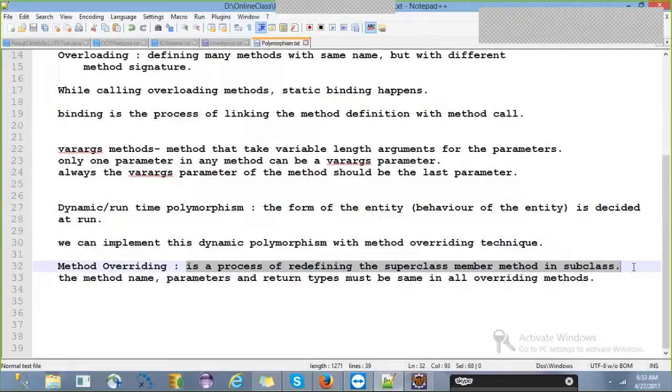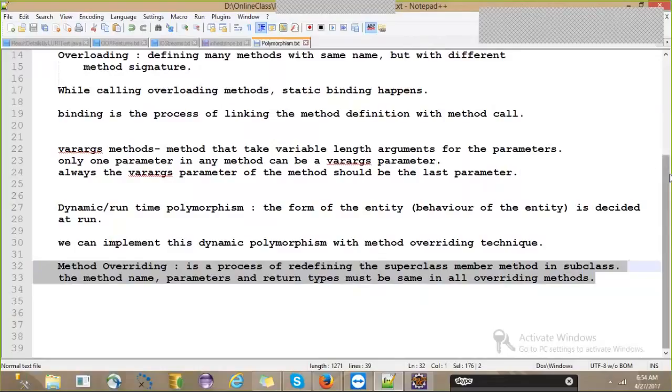To do method overriding, inheritance is compulsory, and the method return type, method name and parameters, that is the complete signature, should be the same in the parent class and child class, means superclass and subclass. So that's the definition of method overriding.